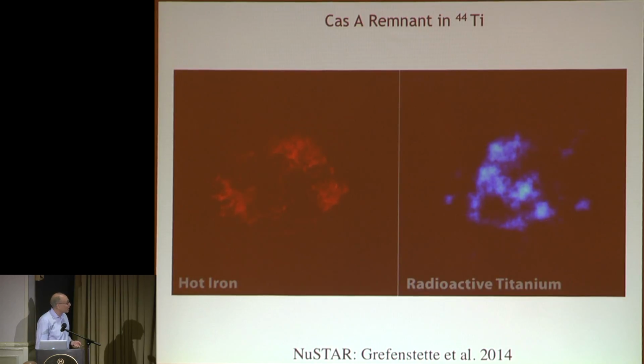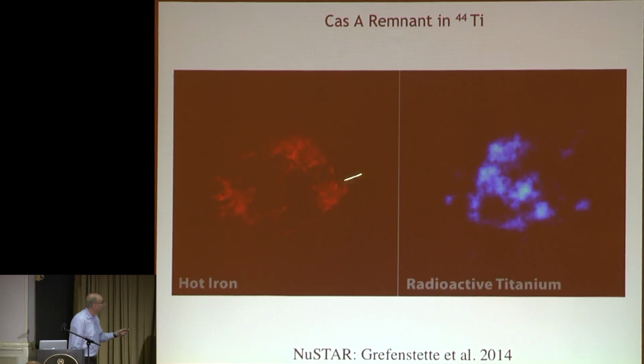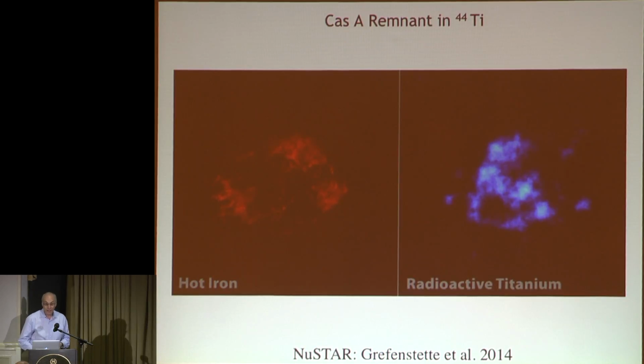Now, this is the distribution of iron. This is the distribution of titanium in Cas A. And you may notice, and again, there's some complication here because it really reflects the overlap of iron with the reverse shock. But you might notice that where there is iron, there isn't titanium, and vice versa. This may be telling us something about the nature of what's being ejected, the entropies, in fact, and the density distribution, and angle, to give you alpha-rich freeze-out.